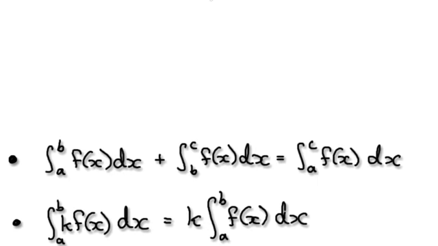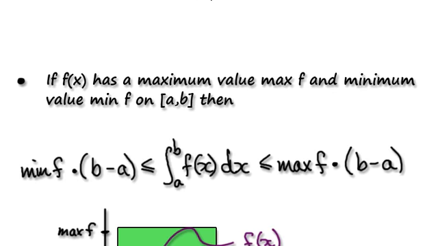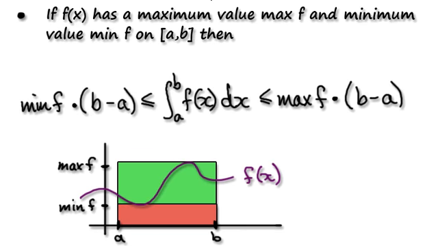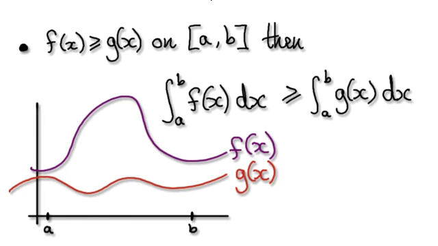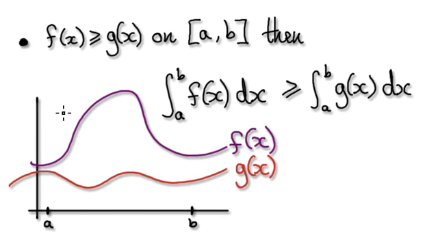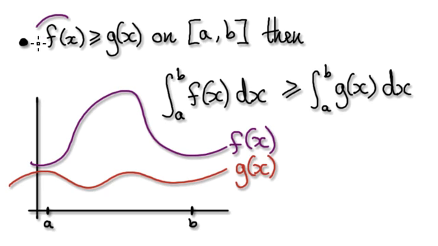Here's another property of indefinite integrals. So we've seen all these in one of the earlier videos, and in the previous video we've seen this one here. Now we are going to look at this one here. So what this one is saying is that if you have a function f of x, and then you have another function g of x, if f of x is always bigger than g of x